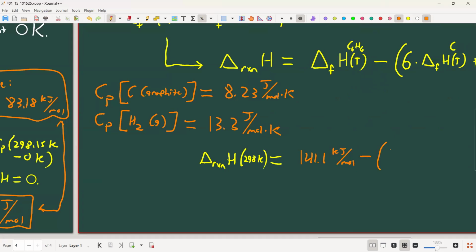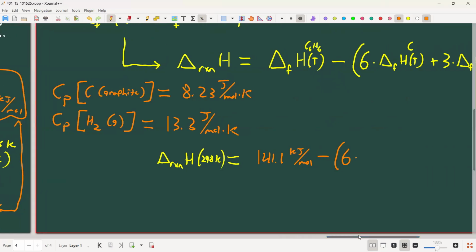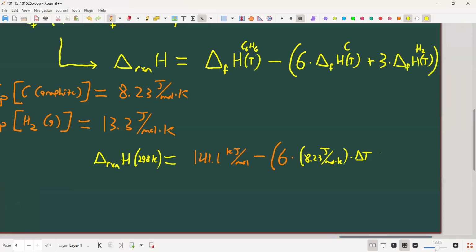And then what we're going to do is subtract off 6 times the heat capacity of graphite times the change in temperature. It's going to be 8.23 joules per mole Kelvin